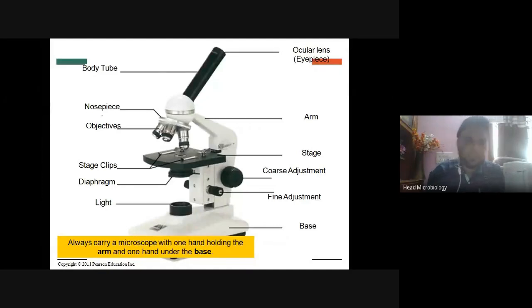Magnifying is the best word. Then 40x is called the high magnifying lens. Then oil immersion is 100 times magnifying. Followed by this, the arm. Over the arm, a stage is attached. Over the stage, we'll be keeping the slides carrying your objects. And to fix the slide over it, you will have the stage clips. These are the clips where you will be fixing them.